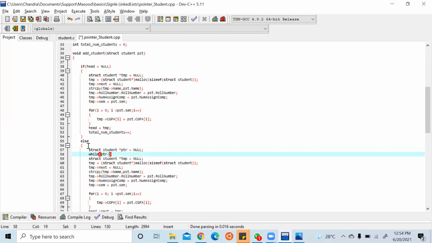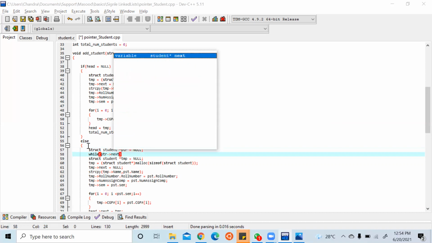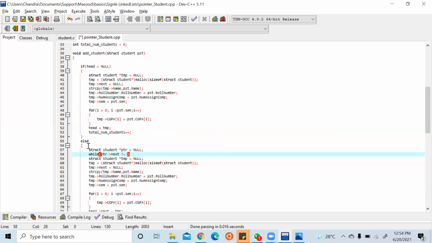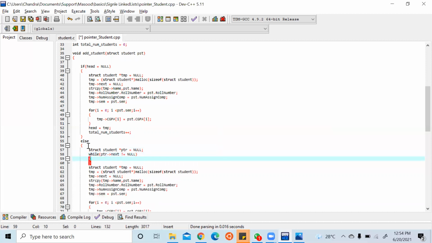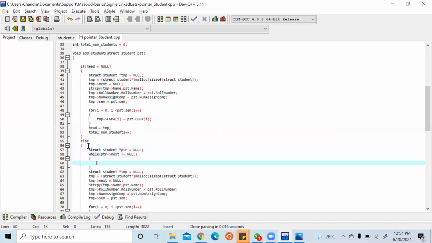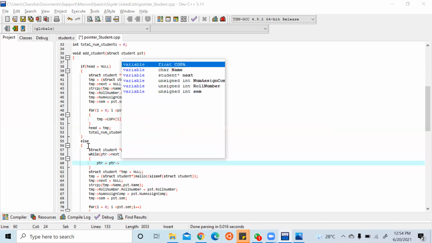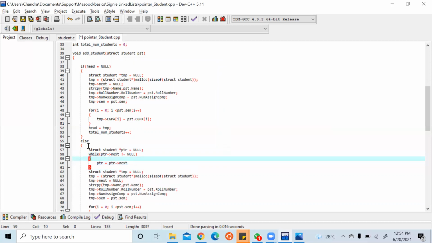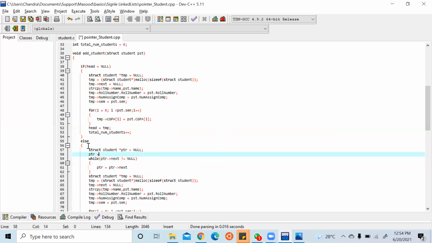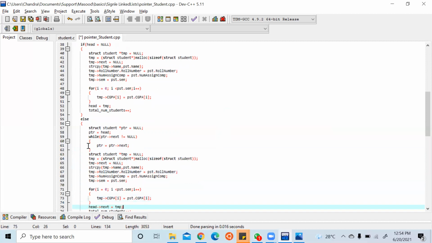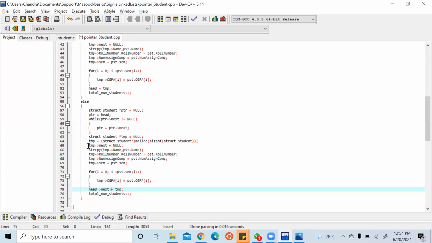While PTR pointing to next is not equal to null, PTR is equal to PTR pointing to next. PTR is equal to head. Yeah, PTR will go until next is null. So instead of head, I will use PTR.